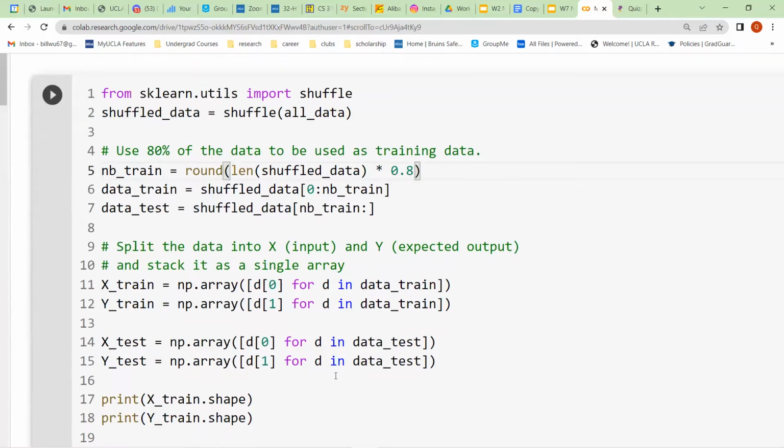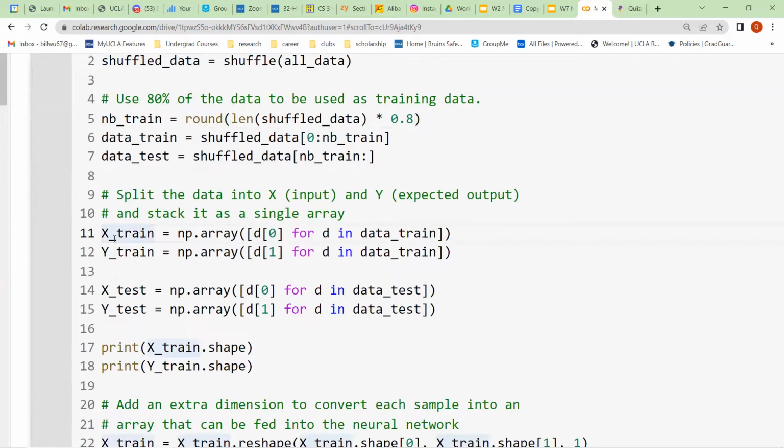And then the next thing you're going to do is split your training data set, which is 80% of your total data, and your testing data set, which is 20% of your total data, into the inputs that you're going to put into your model, and then the expected output, right? So the way training works is that you input this X train data into your model, and then your model will attempt to optimize its outputs using the cost function that Bill was mentioning earlier within the slides.